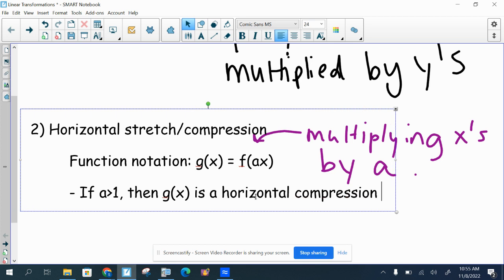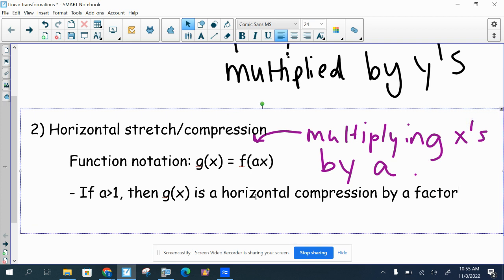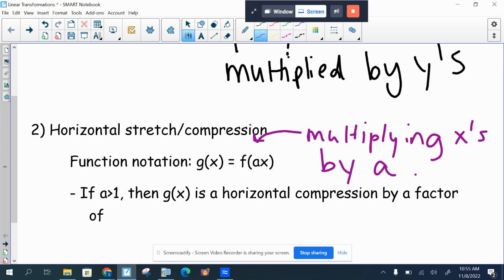The horizontal compression looks like a vertical stretch. It's going in the opposite direction. So horizontal compression by a factor of, remember we're talking about the opposite things here. So if the a is, for example, 2,